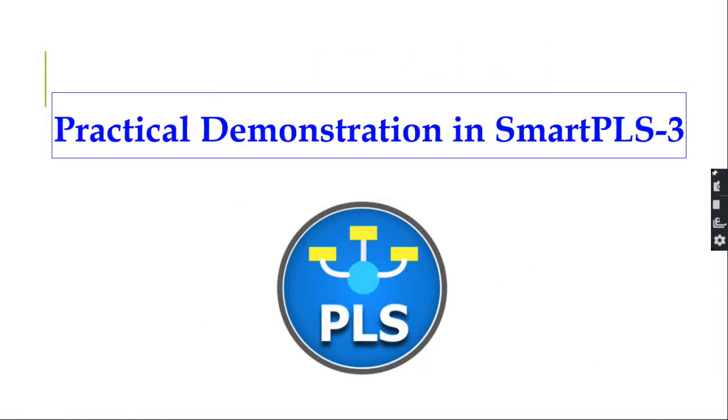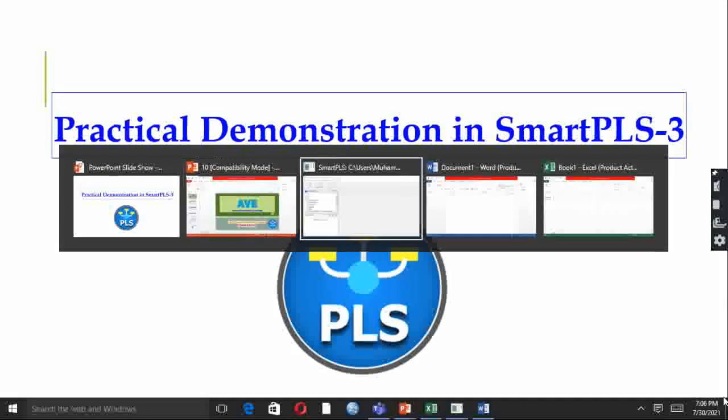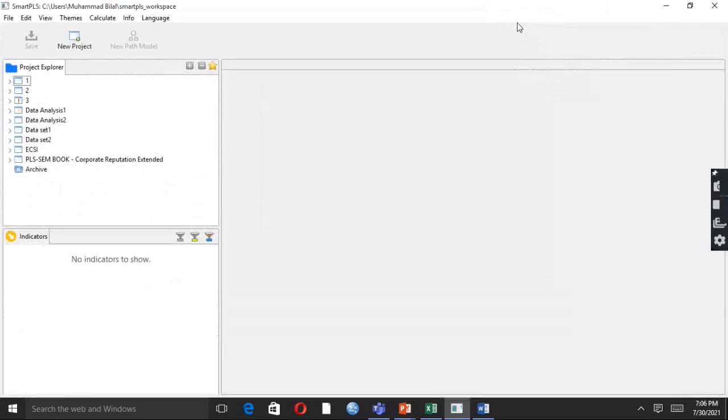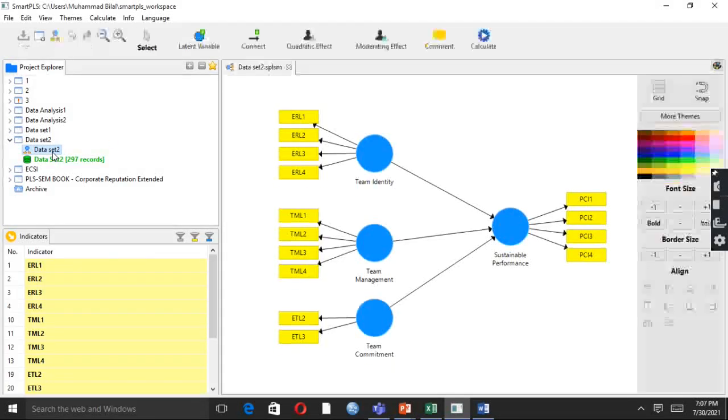So here we are, have a look at how we demonstrate AVE in Smart PLS3 software. We have launched Smart PLS3. This was our last project file. We already developed a model which has 4 variables: 3 independent variables and 1 dependent variable.